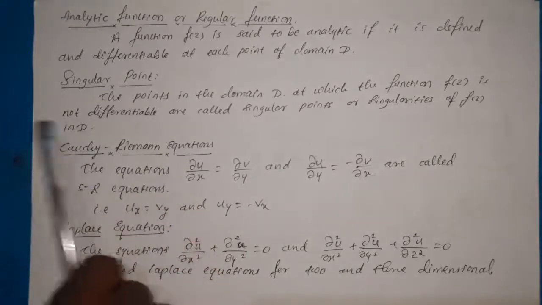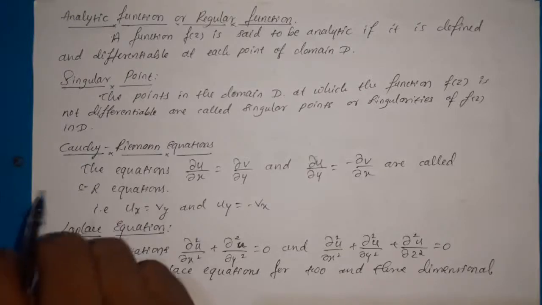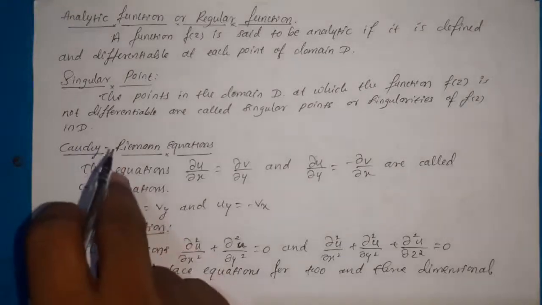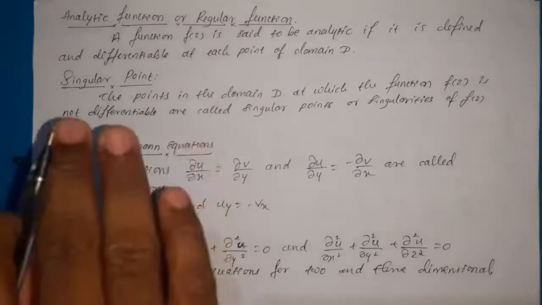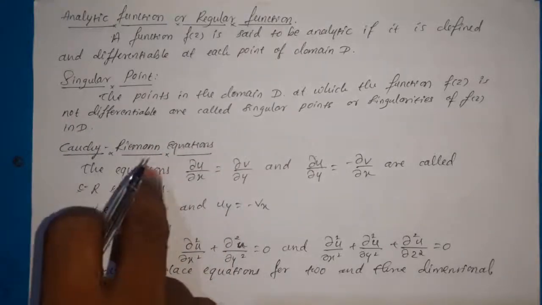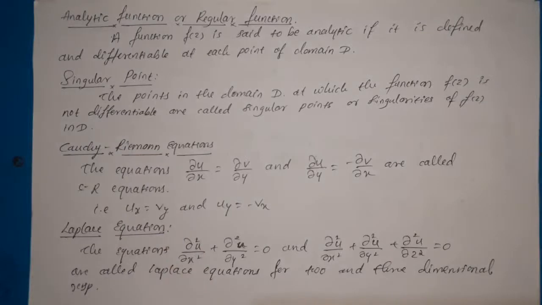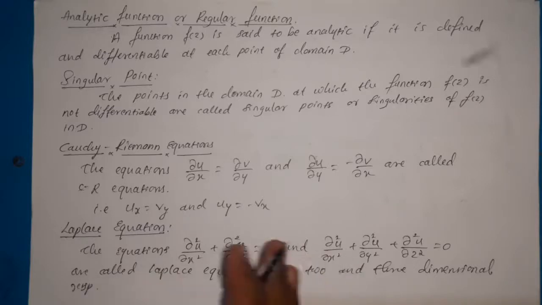The condition for a singular point is that the function should not be differentiable, meaning f dash of z, not f of z, is not defined at those points. Then those points are called singular points of the function f of z. And